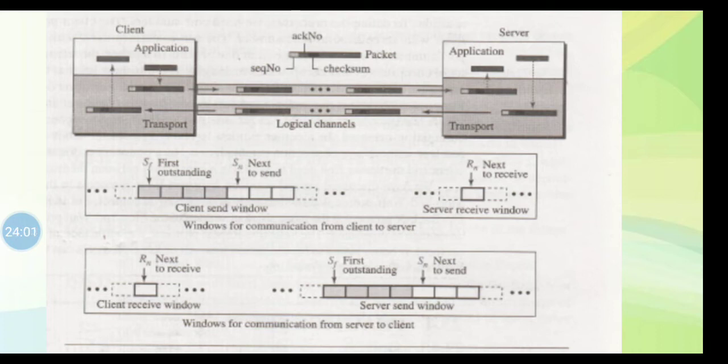Data packets are normally flowing in both directions, from client to server and from server to client. Acknowledgements also need to flow in both directions. To improve the efficiency of the bidirectional protocols, a technique called piggybacking is used. When a packet is carrying data from A to B, it can also carry acknowledgement feedback about arrived packets from B. When a packet is carrying data from B to A, it can also carry acknowledgement feedback about the arrived packets from A. So, is it clear?